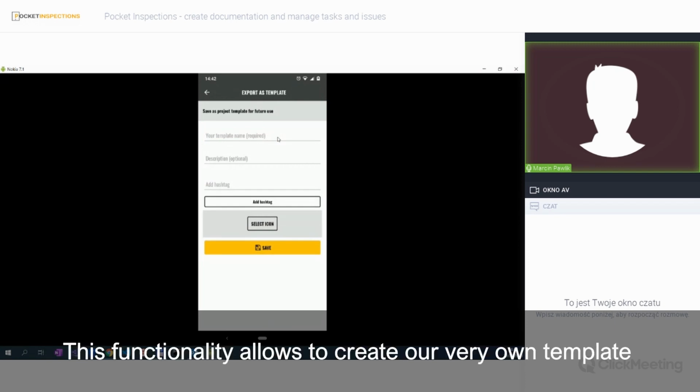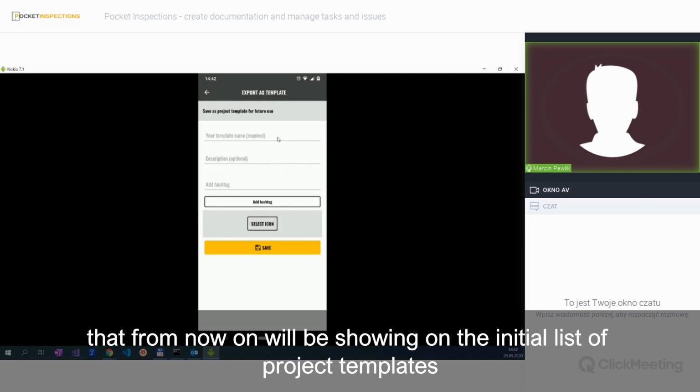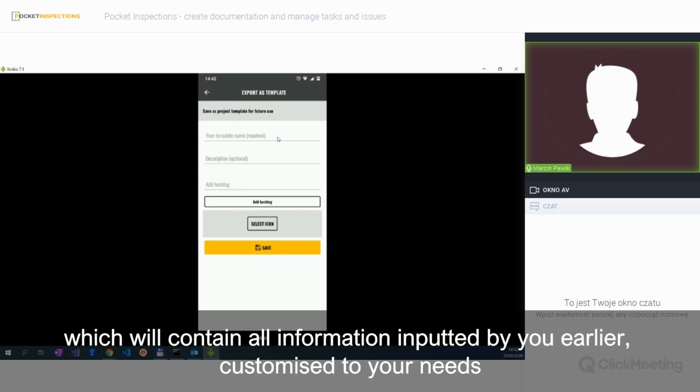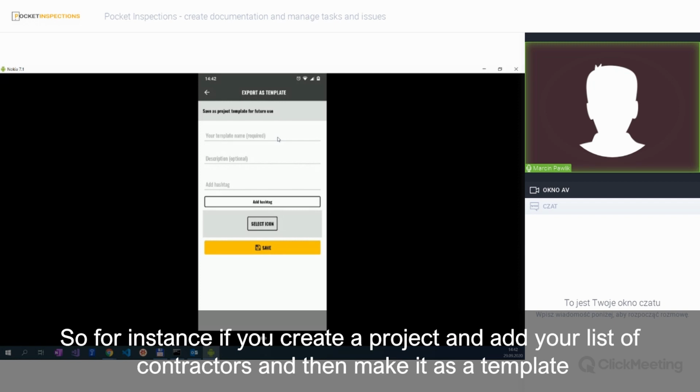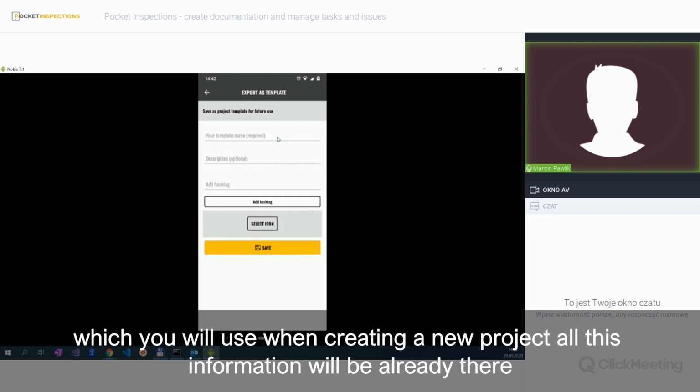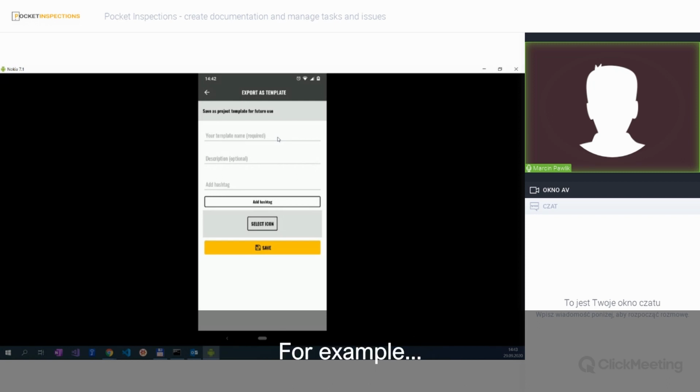This functionality allows us to create our very own template that from now on will be showing on the initial list of project templates, and which will contain all information inputted by you earlier, customized to your needs. So for instance, if you create a project and add your list of contractors and then make it a template, which you will use then when creating a new project, all this information will be already there. For example,